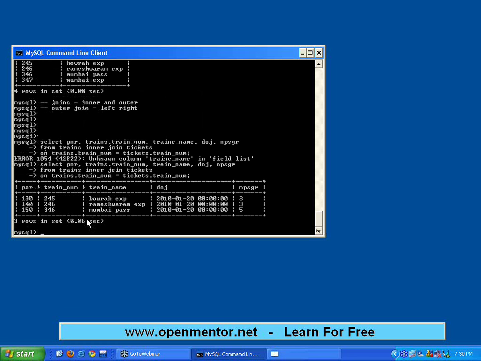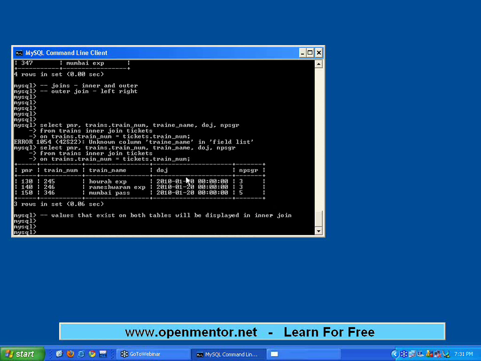So the significance of inner join is very simple. Based on some column you are doing the inner join. That whatever values are common between two tables, right? This is very, very important. Values that exist on both tables will be displayed in inner join.